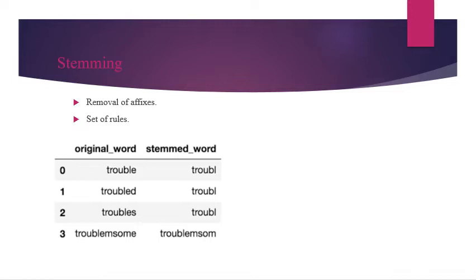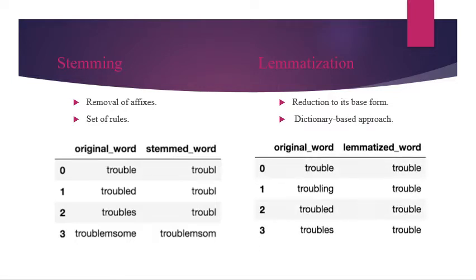And the next process is lemmatization. Lemmatization is a text normalization technique used in natural language processing that switches any kind of word to its base root mode. Lemmatization is responsible for grouping different inflected forms of words into the root form having the same meaning. It is a dictionary-based approach. For example, the words traveling, traveled, and travels are lemmatized into the word travel.